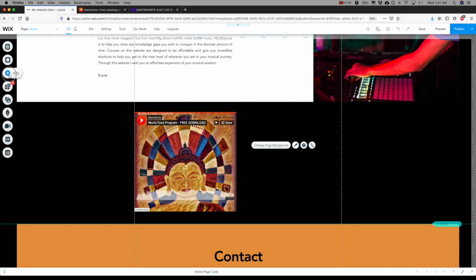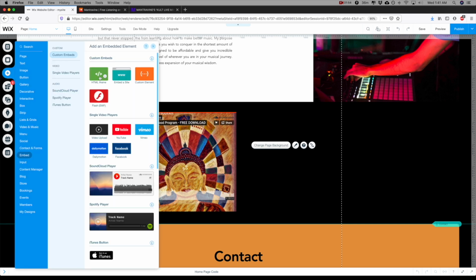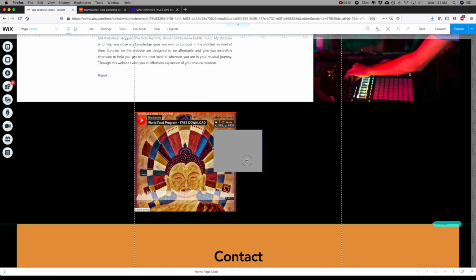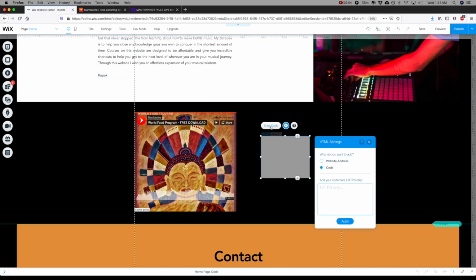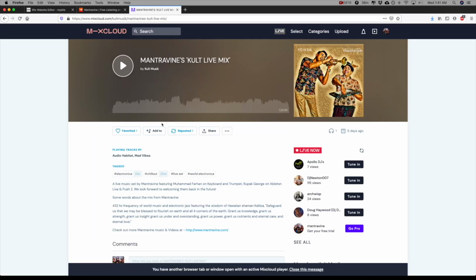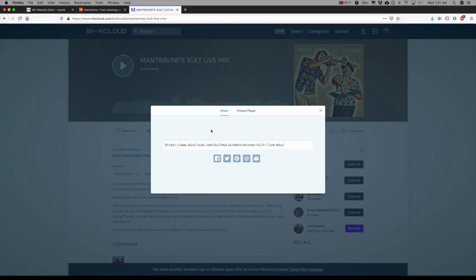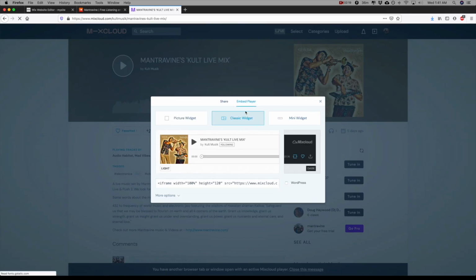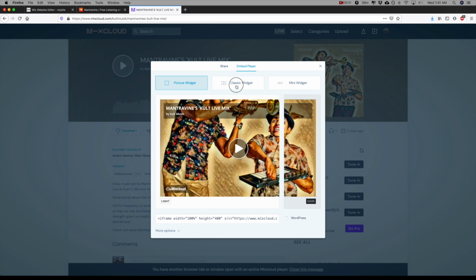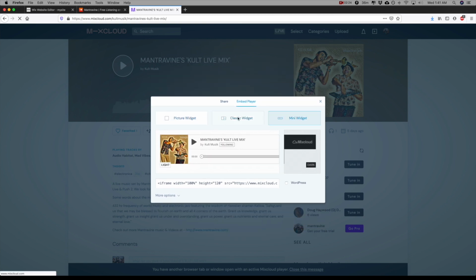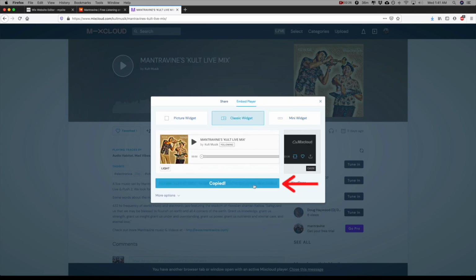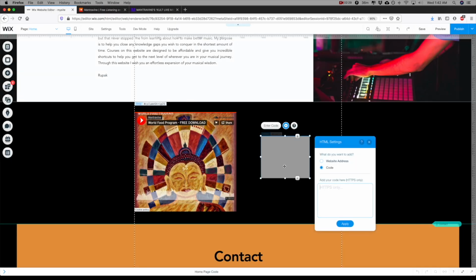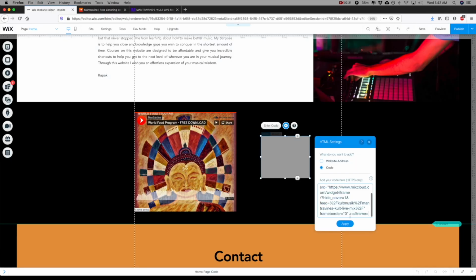I'm going to add a Mixcloud link onto the page using the HTML iframe. And so here I've got to enter the code, and I'm going to click on my Mixcloud page. I'm going to click the share button, embed player, and then there's a few options here as well. So let's try the classic widget, and I'm going to copy that, and I'm going to paste the code here,